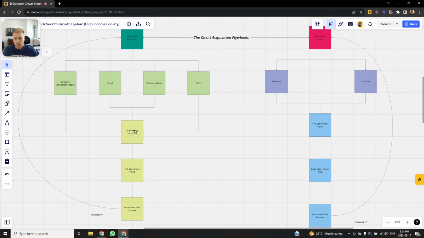So what we also do is we build out what's called an everlasting workflow. And what we want to do is first we hit them up on LinkedIn or outbound dials, okay? And then you can put them into an email follow-up sequence. And of course, you can add in some text SMS there as well. Now, all of this combined, you can go into an everlasting workflow upwards to like a month of you having